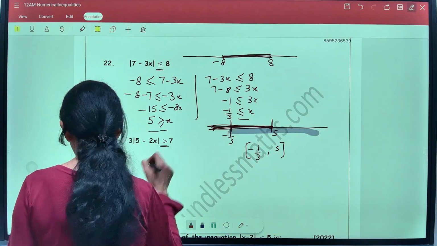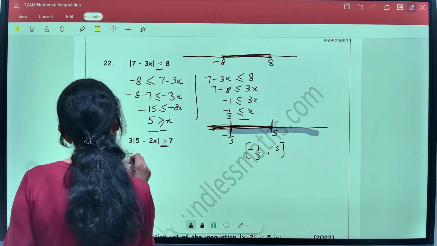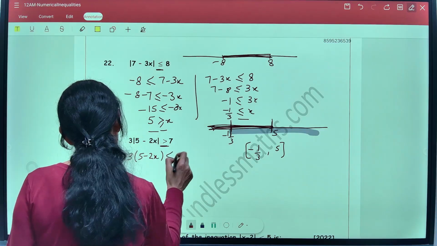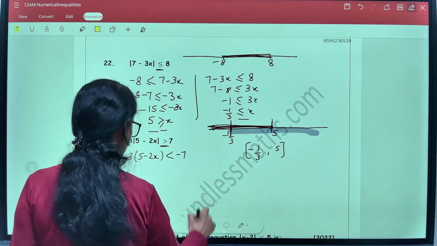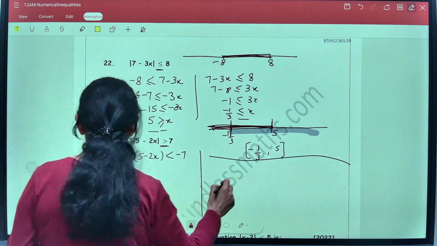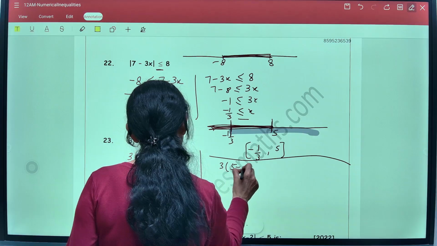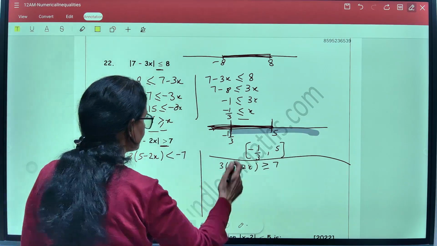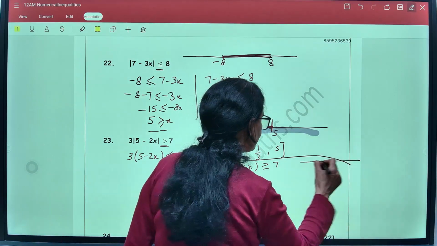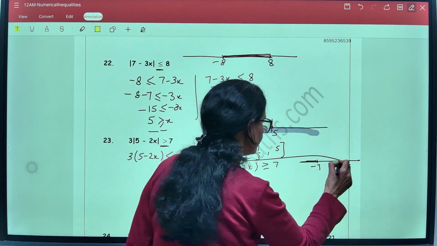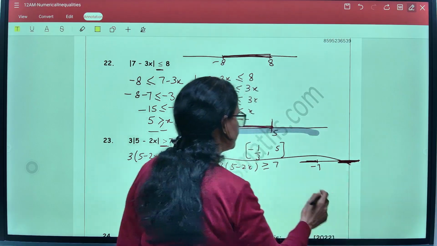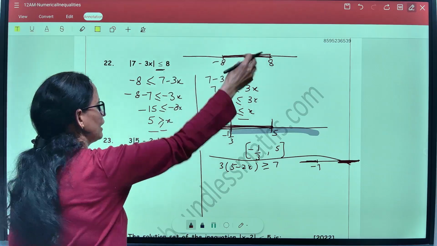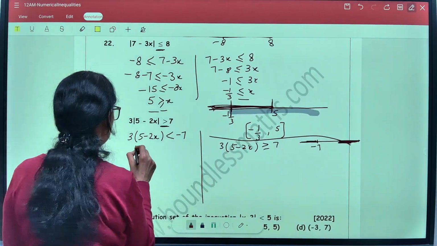Now how do we break such a question? When we have such a question, that means you write the function once this is less than minus 7, and in the other part it is going to be 5 minus 2x is going to be greater than 7. So it is less than minus 7 and then greater than 7. So that means it is referring to what part on the number line? Less than minus 7 here and greater than 7 here. So it is the outbound area on the number line. In the previous question, because it was less than equal to, so it was the inner area. So let's solve both these inequalities.